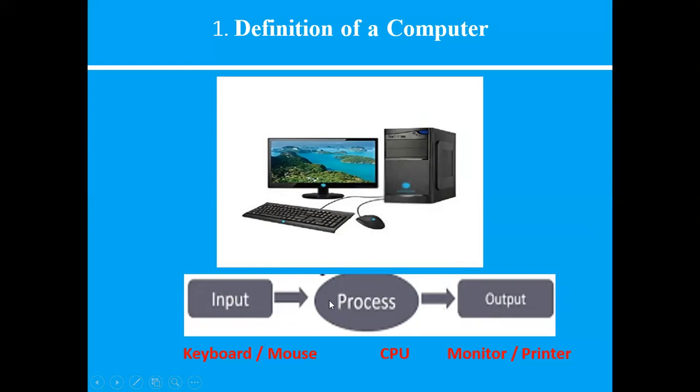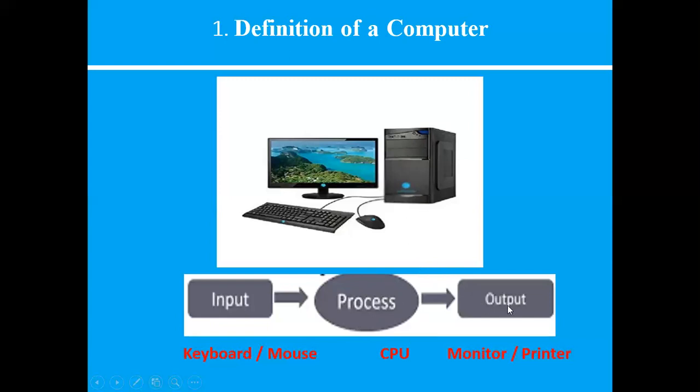So here this diagram describes how these different functional units of the computer system can be performed. So here we are having three different functional units. First one, input unit. Second one, processing unit. Third one, output unit. So here the input unit can be this keyboard or mouse to enter the data into the system. Next one, the data needs to be processed by this processor. So there is a CPU, which is the brain of this computer system. That is the central processing unit.